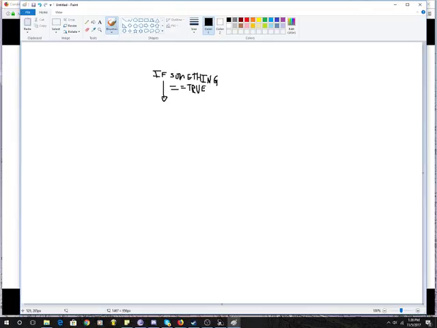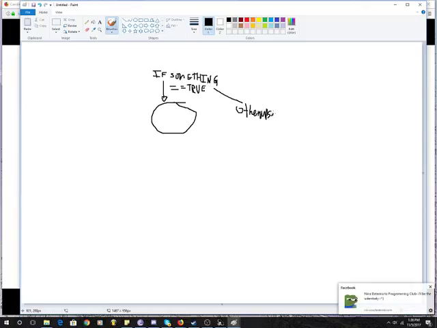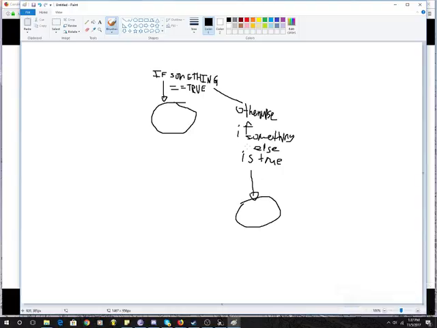If something is true, then you go to the something, but otherwise, if something else is true, yeah, something else, that's something even though it doesn't look like it. If something else is true, then do this, right? But then if